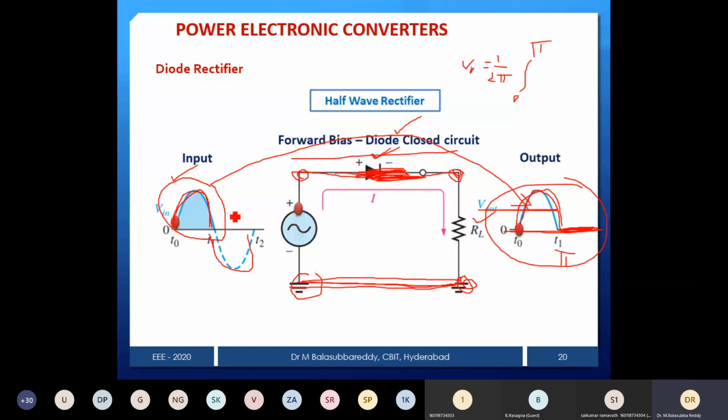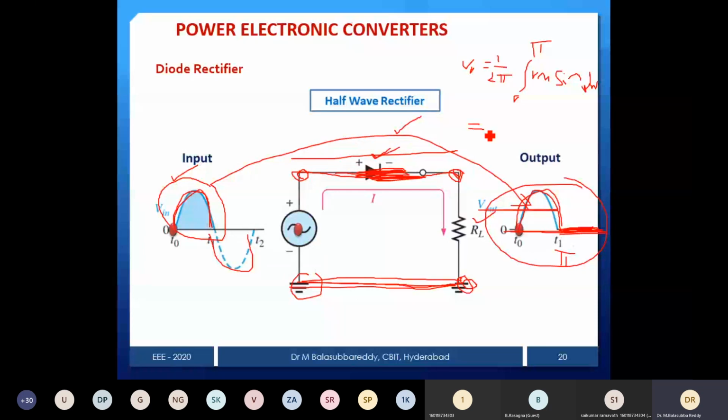What is the output? Same as the input. Input Vs is nothing but Vm sin omega t. Using that, you integrate d omega t. You will add another half cycle, which is 0, so no need to do that. So Vm by 2 pi, integral of sine gives minus cos omega t from 0 to pi, and then you simply substitute. Cos pi is equal to minus 1, minus becomes plus, and substituting 0 gives 1, so the 2 will get cancelled. Like that you can integrate it. You will get the average output voltage of a half wave rectifier.